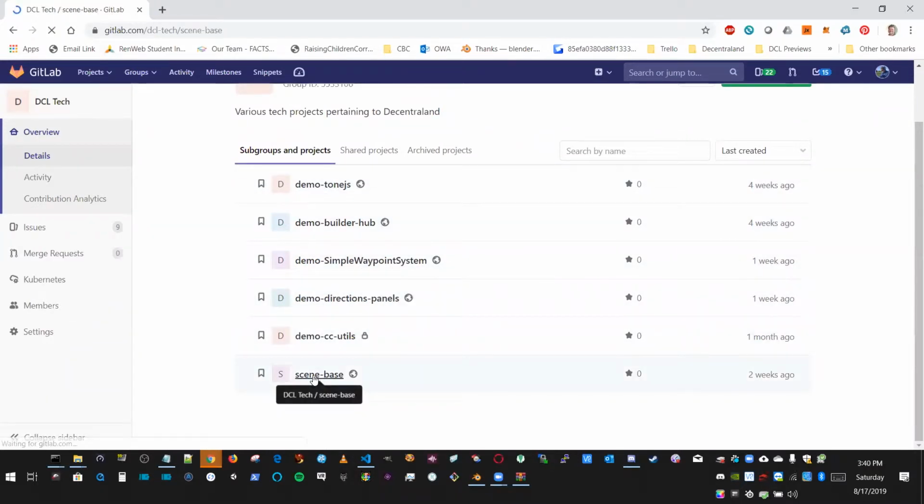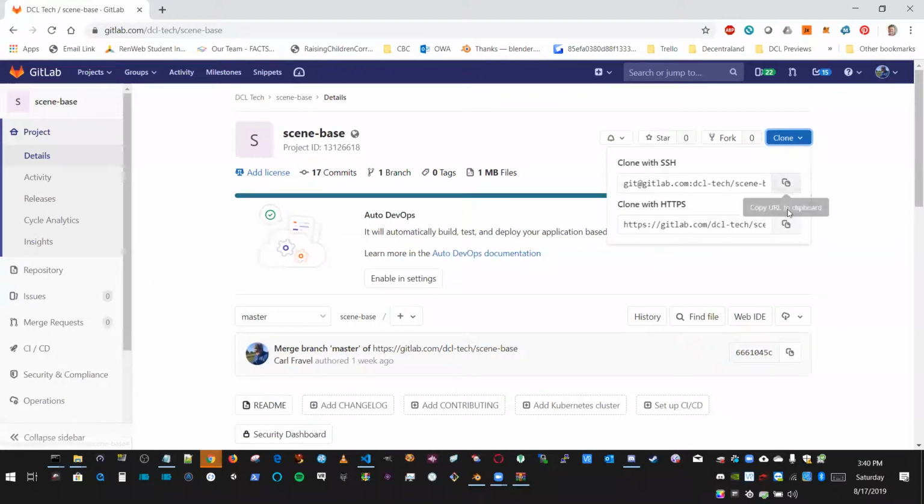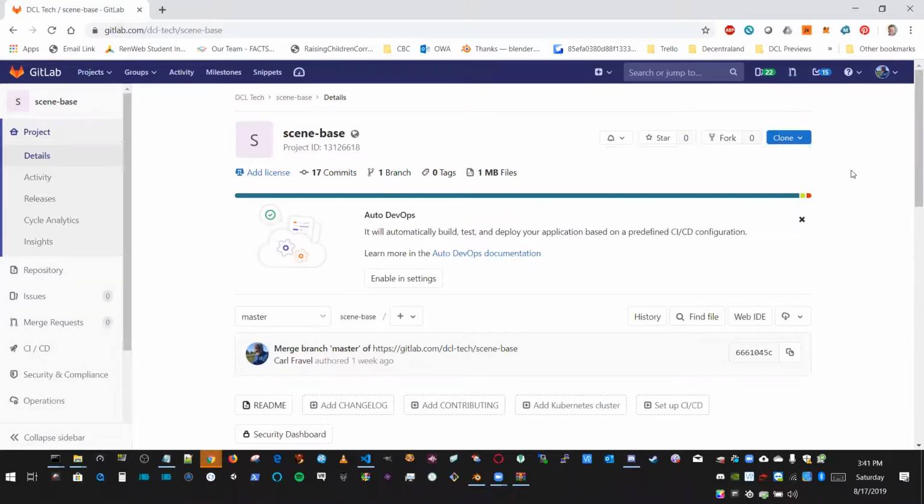If you go in here, if you are familiar with Git and have it installed, which you will come to do later, you can use this URL. You just put git space clone space and then this URL, and it'll build a directory for you with scene base in it. But if you're not yet familiar with it, you can do a download from, I always have to look a little bit to see where the download is here. There it is. If you do a download here, you'll get a zip file. You can pick what you want, a zip file. It'll download to your downloads directory. And in there,